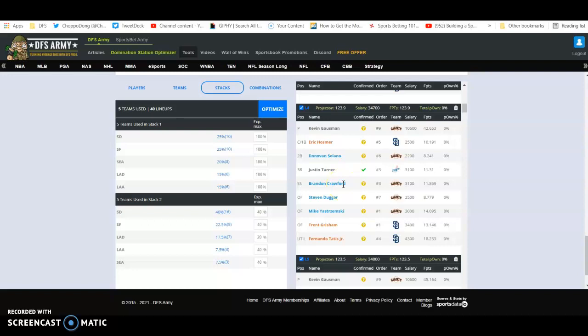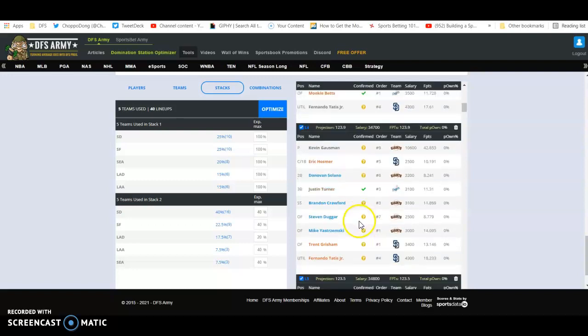But as a general rule, that lineup looks pretty good to me. And I like the Turner one-off just fine. It doesn't need to be some wackadoodle Arizona or Colorado one-off. Turner's fine. I'm getting my slight leverage in my Giants being my main stack and my Padres instead of Dodgers being my secondary stack. So if I mark that down as a 4x3, and I scroll down a little bit more